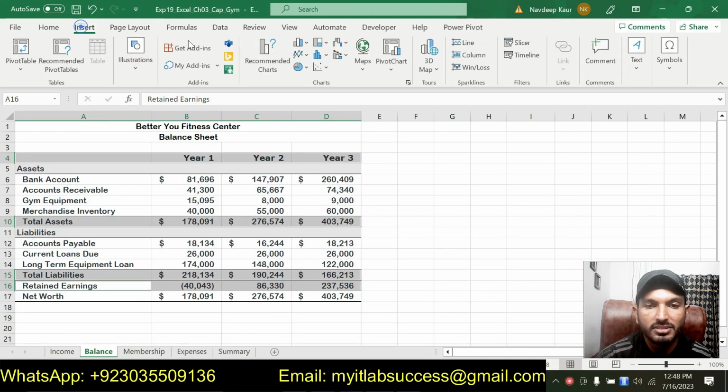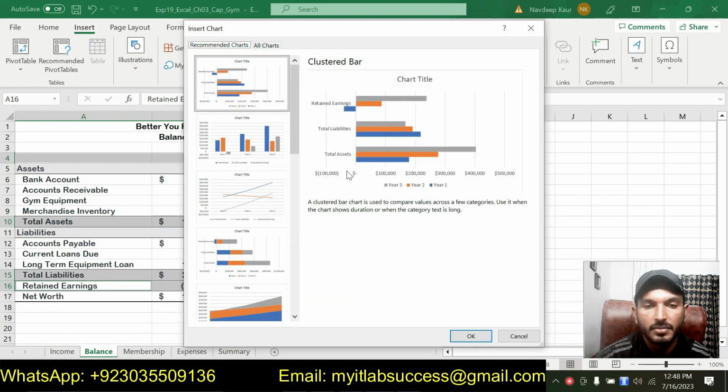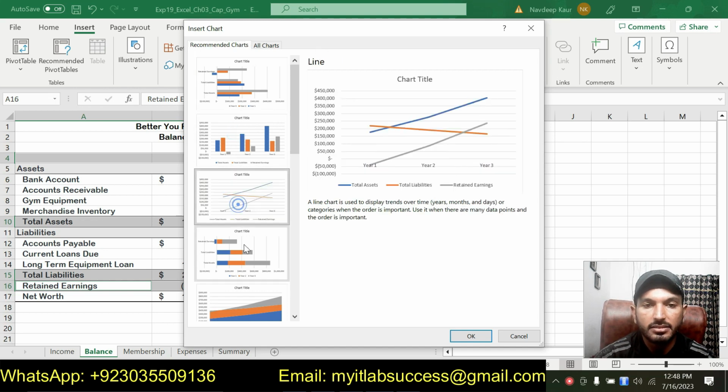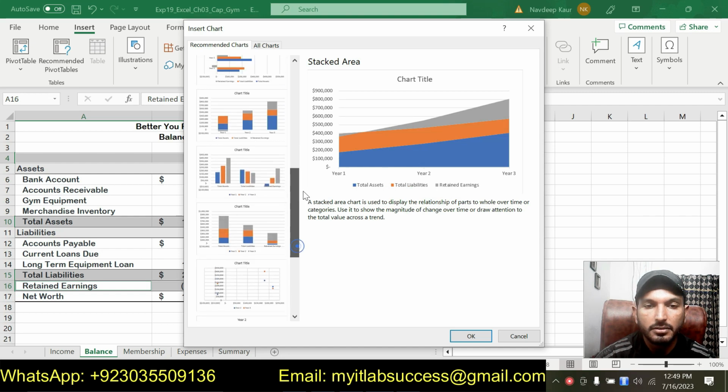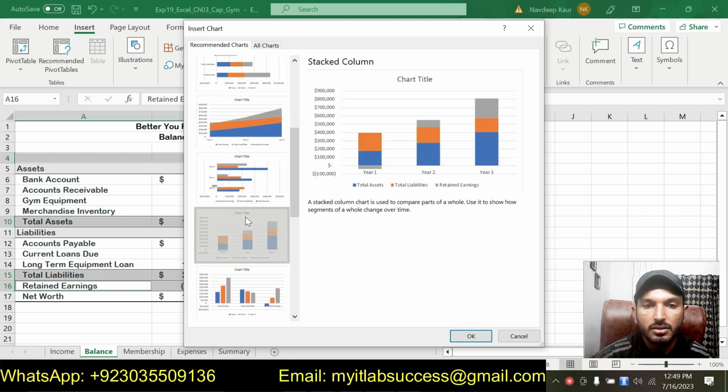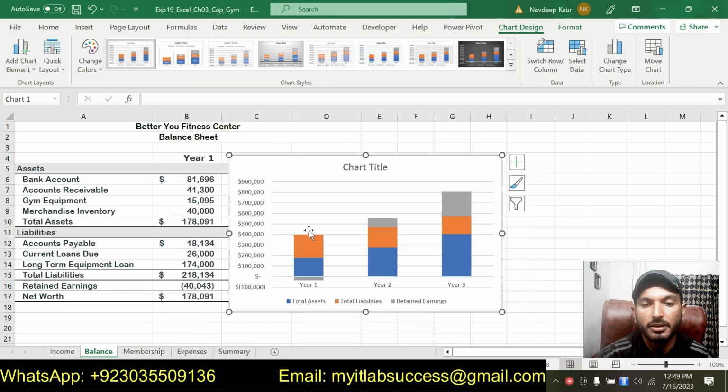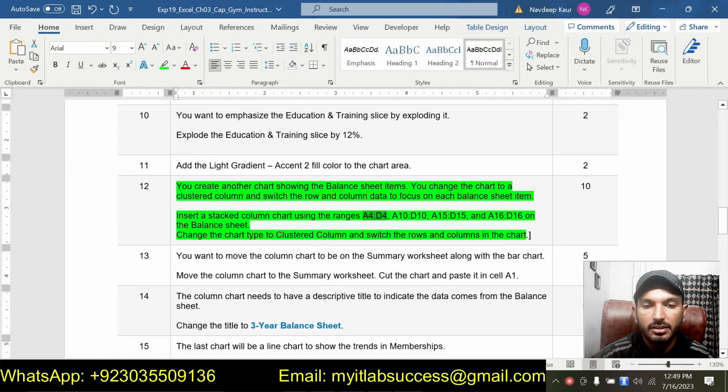chart. Go to Insert and click on the recommended chart and select the stacked column chart, stacked bar chart, stacked area chart, clustered bar chart, stacked column chart, this one. So we are supposed to insert this. Simply click OK. And now it is saying that change the chart type to the clustered column and switch the